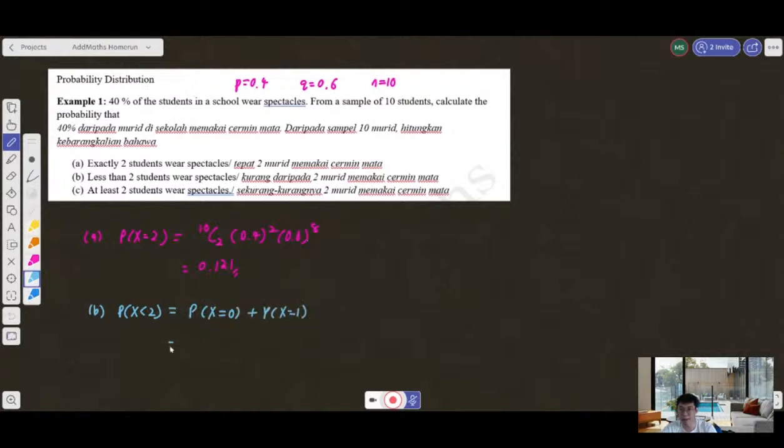So I need to apply two formula: 10C0, 0.4 power 0, 0.6 power 10, plus 10C1, 0.4 power 1, 0.6 power 9. Usually when you see this kind of question, 10C0, you don't need to type into calculator. Anything power 0 is 1. You don't have to type to calculator. You just type 0.6 power 10. You get 6.05 times 10 negative 3 plus